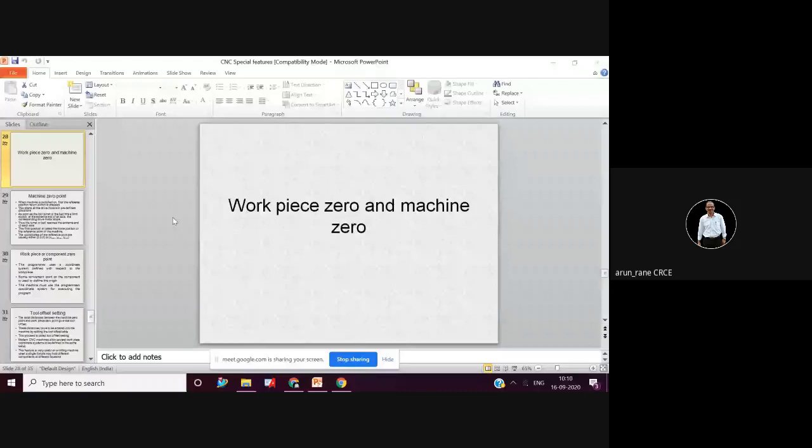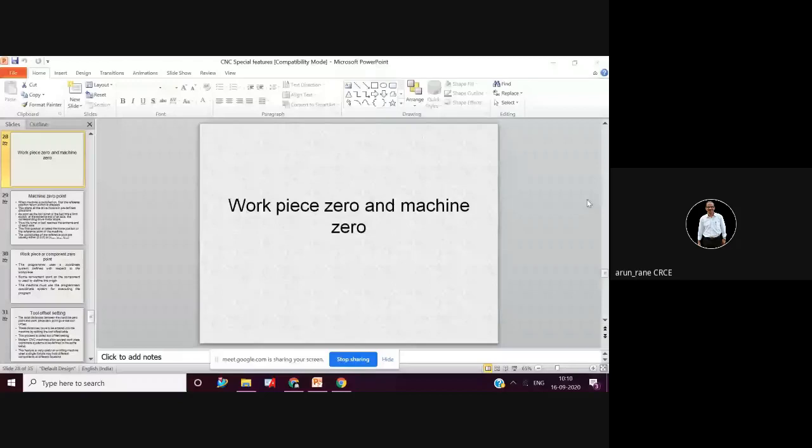The code for calling the workpiece offset is G54, G55, G56, like that. Generally there are six offsets: 54, 55, 56, 57, 58, and 59. So you can keep six workpieces on the table, one, two, three, four, five, six, and you can take out the six zeros, six centers, right? And at the six centers of the six workpieces, you can type in that workpiece offset page. So this is your workpiece 0.